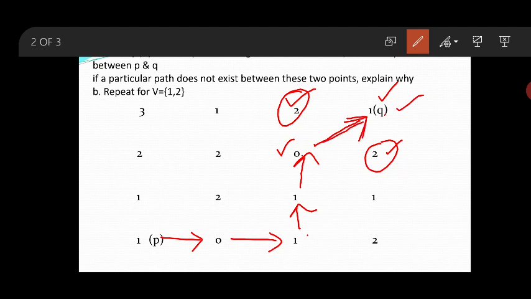I hope you understood. In the previous way, what happened here? This 2 is not from the V, but 1 is from the V, so you are not allowed to make a diagonal connection. But in this condition, what happens? Of the intersecting pixels, both are not from the V. So you make a diagonal connection between 0 and 1. So the path exists. I hope the point is clear now.